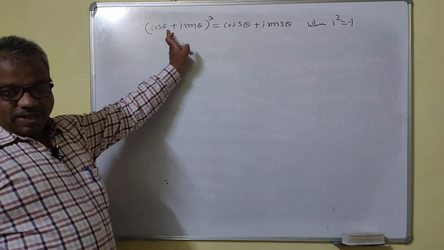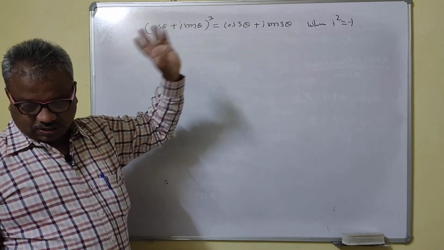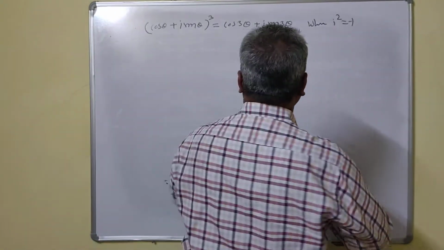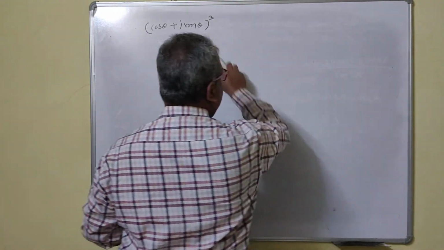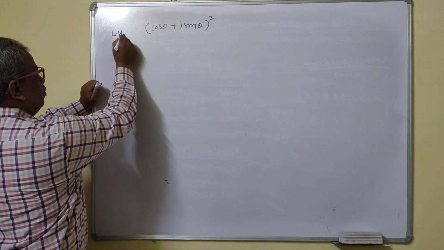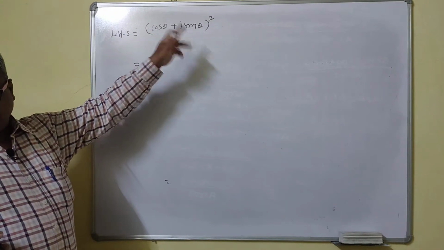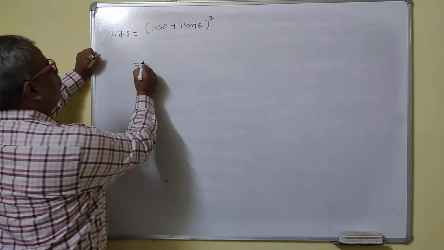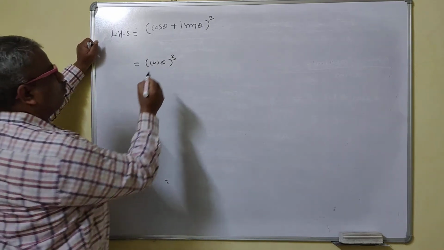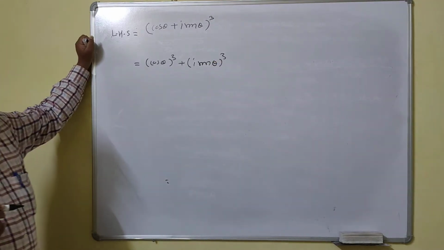So it is better to start from LHS, and then we'll prove this is equal to RHS. Cos theta means this is the formula for cos theta. We will get somewhere. Okay. Solution. We'll take the LHS. So LHS is equal to. Okay. Now this is of the form a plus b whole cube. So this is what? A cube, right? So cos theta cube, right? This is a cube plus b cube. So b cube is what? I sin theta cube, right?